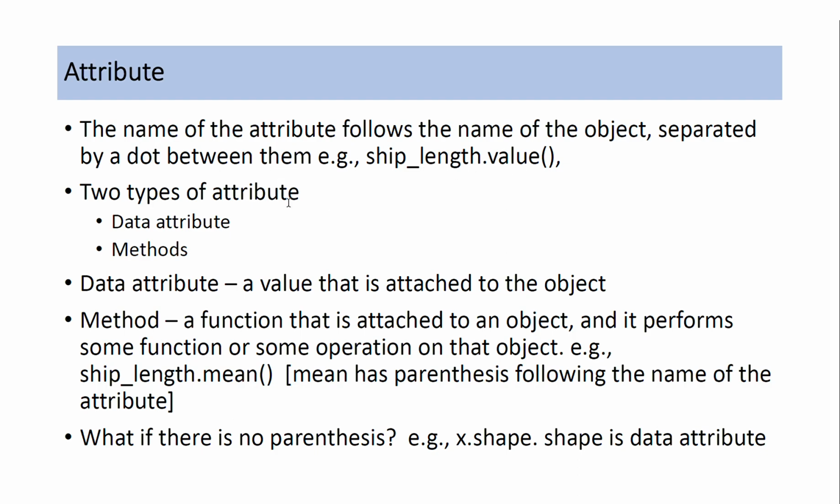There are two types of attributes: data attributes and method attributes. A data attribute is a value that is attached to the object. A method is a function attached to the object that performs some function or operation on that object. Example: ship name dot mean. A method has parentheses following the name of the attribute. If there is no parenthesis, for example x dot shape, then shape is a data attribute. So the dot separates the attribute from the object. In x dot shape, x is the object name, dot separates the attribute, and shape is the